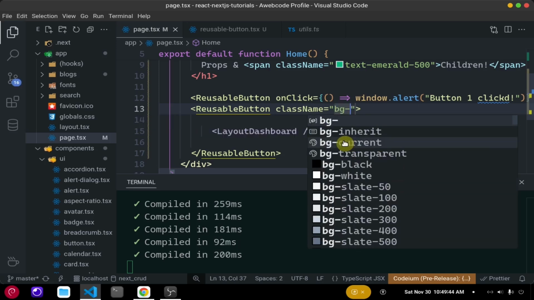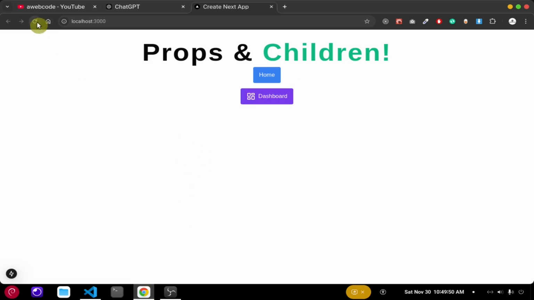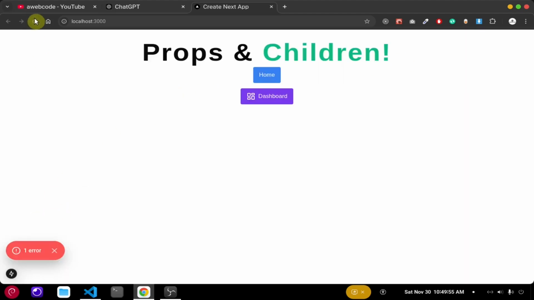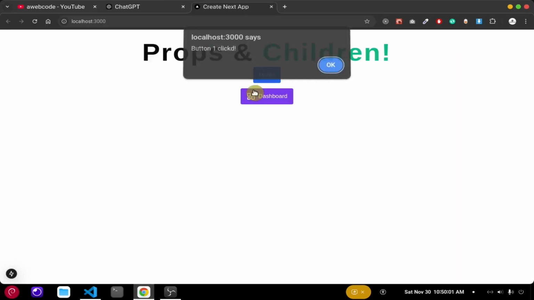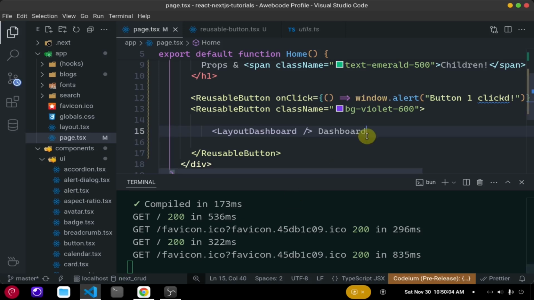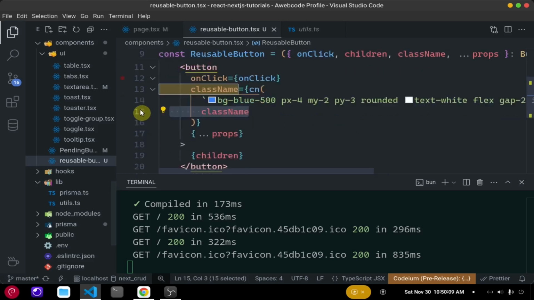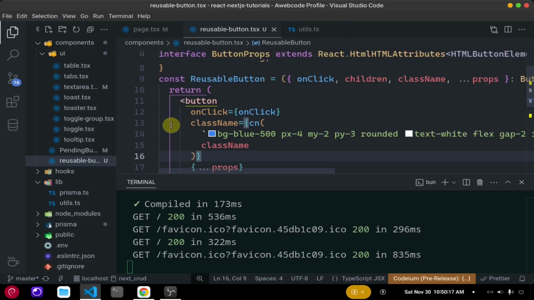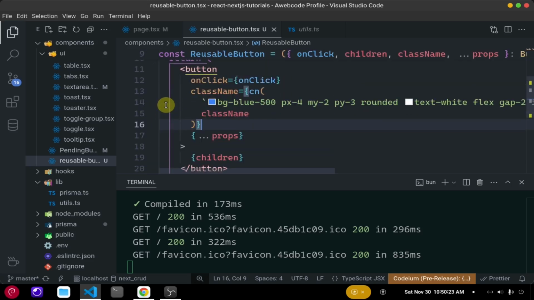So if we use className here, and style, okay, sorry, bg violet 600. Wow, our button background color is changed. So we can use multiple colors, multiple button styles, whatever you need, and a default style. If you don't pass any style, then it is automatically set. And if we pass a style, we are now able to pass a className also. So when you use className like this, not only with a button but also with a card or a reusable title, or any reusable component you create,